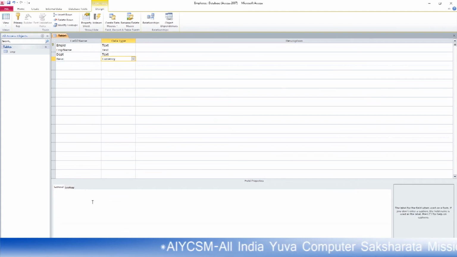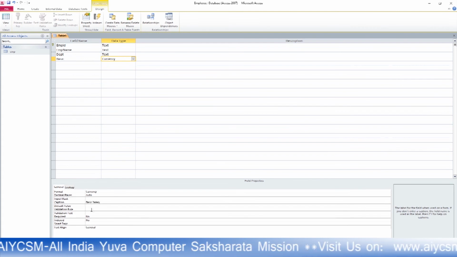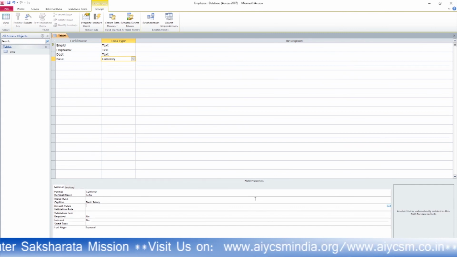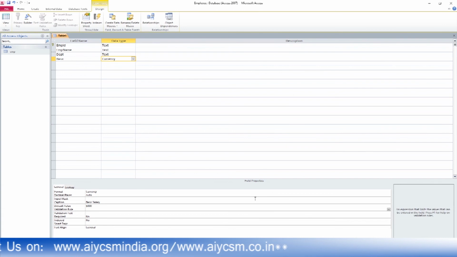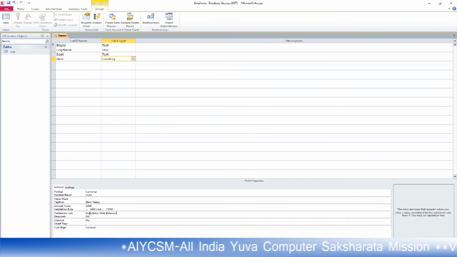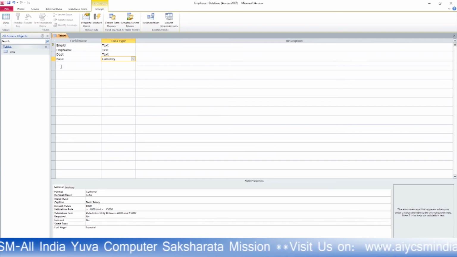The caption of this field is also basic salary, and for the validation rule you have to provide the default value as 5000, and the rule greater than or equal to 4000 and less than or equal to 15,000, and write the validation text: data enter only between 4,000 and 15,000. Okay.